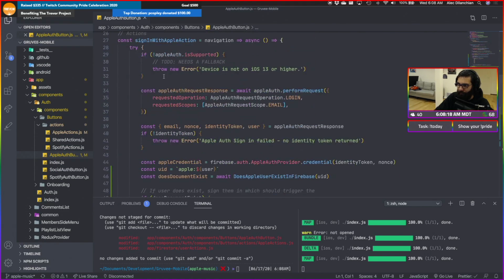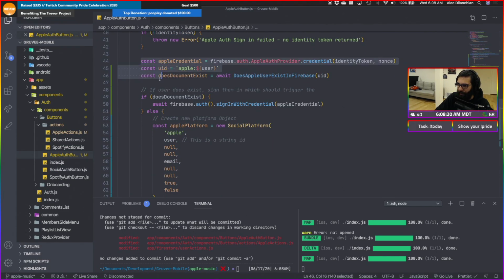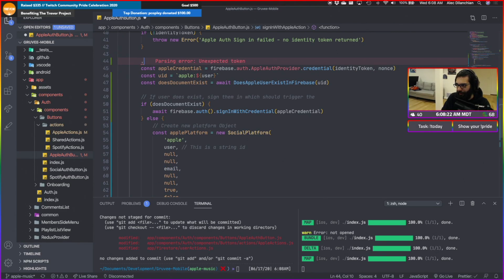Cool. So first change was an Apple auth button. Again, we add this stuff. Let me add a comment here. Get Apple credentials. Check to see if this Apple user already created an account.